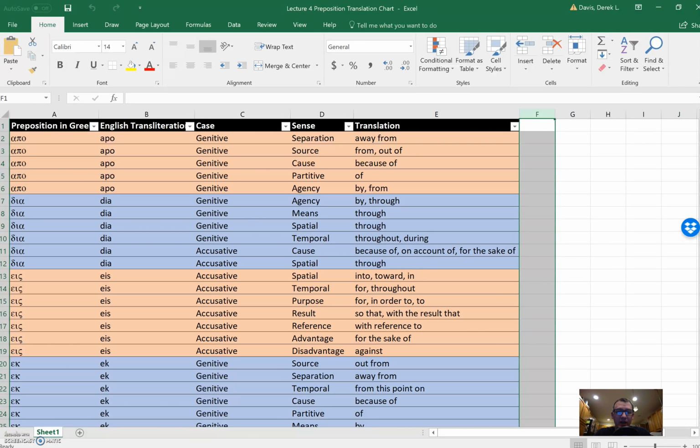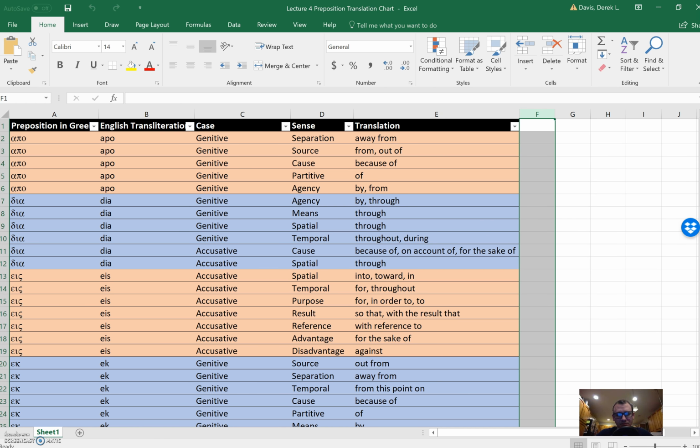of material. So the way I've presented it to you is in the form of an Excel sheet that you see in front of you here that really just allows you to access the information quickly. And I will say that I actually encourage you to create a new tab on this spreadsheet and see if you can make a similar cheat sheet for your nouns as well, because then you can kind of keep it all in one place. I didn't want to do it for you because I think it'd be good practice for you to do that,